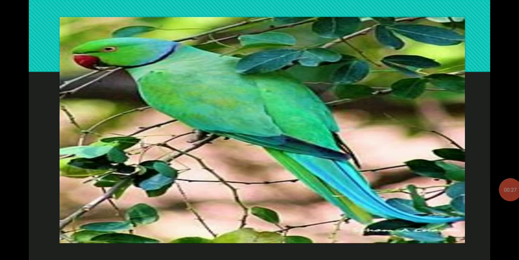Now, all of you look at this one. What is this? This is a parrot. This is a bird. It is Emma's friend. Its name is Pittu. Hi, Pittu. Pittu has its nest in the branches of the tree. Friend of Emma. Pittu has how many legs? Pittu has 2 legs. Pittu has how many wings?